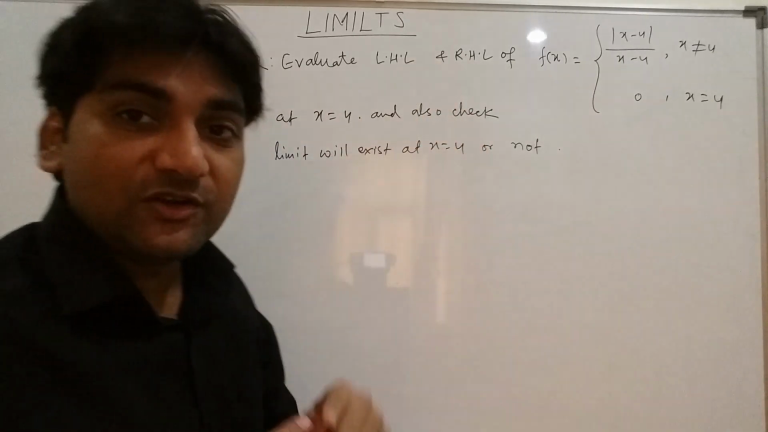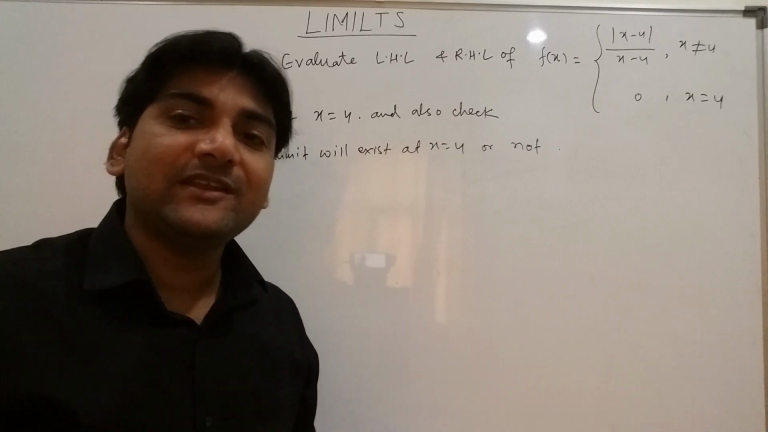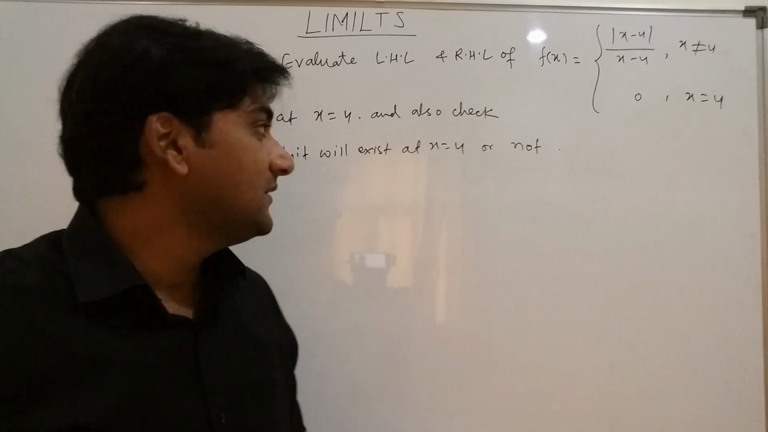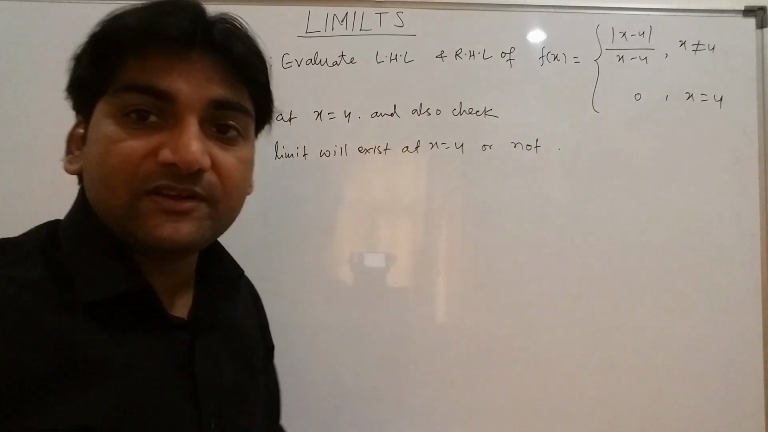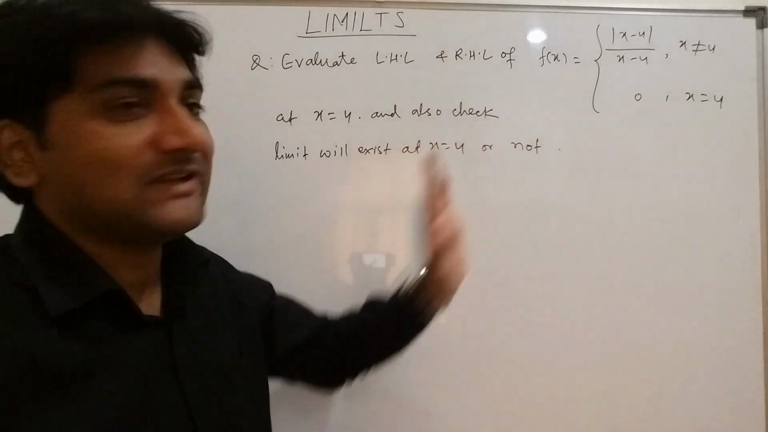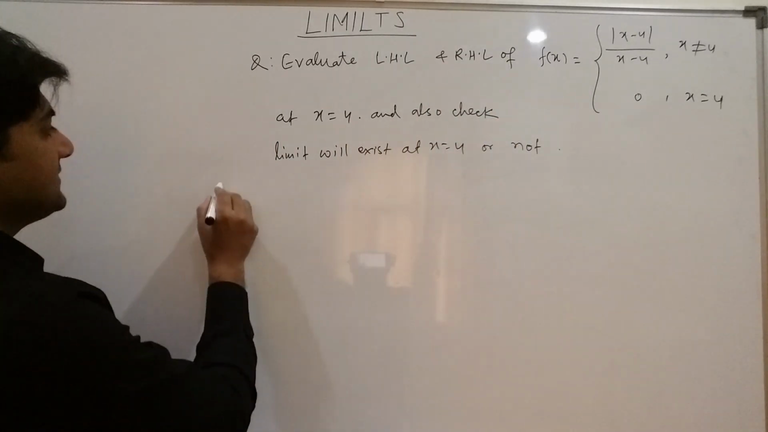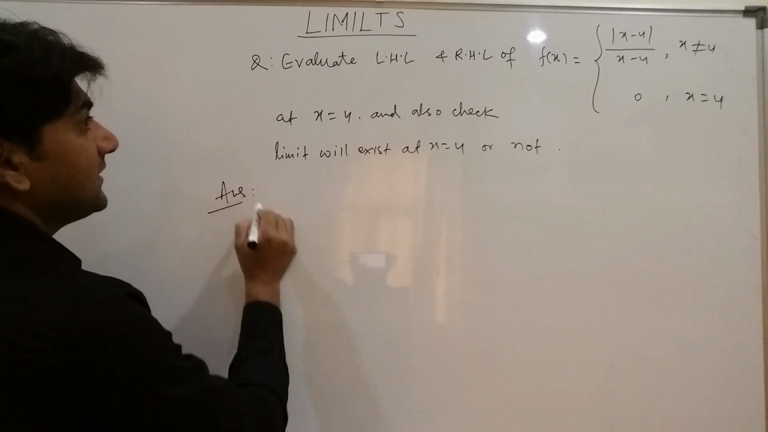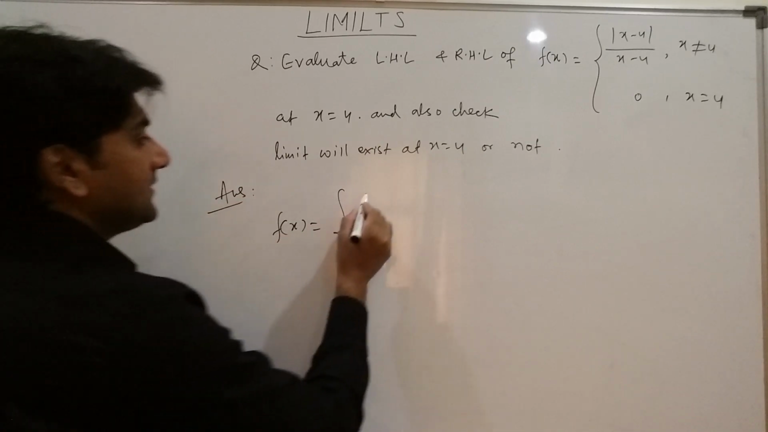See, what is the question? Over here, you need to find the left hand limit and right hand limit separately. When the left hand limit and right hand limit are the same, then you will say, yeah, the limit will exist. If the left hand limit and right hand limit are different, then you will say the limit won't exist. So, let us understand. The answer is f(x) equals,